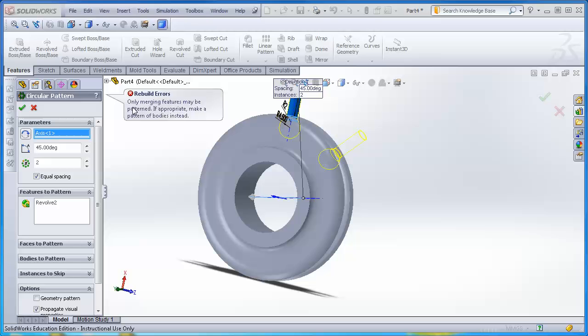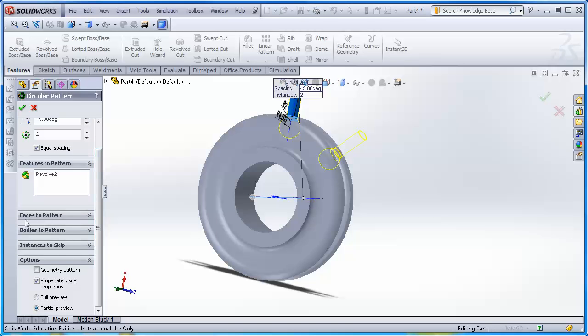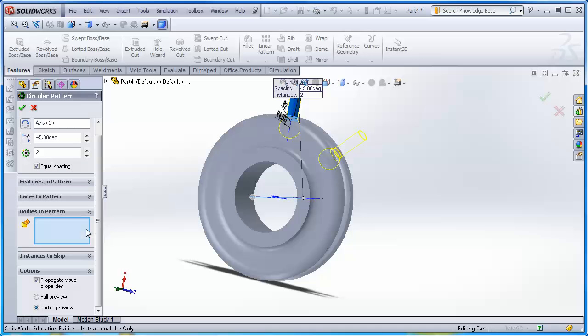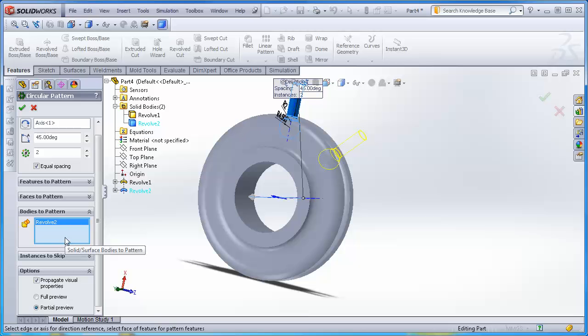Let's see why. Okay, every time I get this, I'm surprised, and I should start remembering. It says you can only merge features, but you can't do bodies unless you say do bodies, and I forgot to say do the bodies. So I said the feature to revolve was that, but it's not a feature, it's a body. So bodies to pattern, and I will click on, to be safe, solid bodies, revolve to, will go into there, and now I should get 2 copies, what I'm after